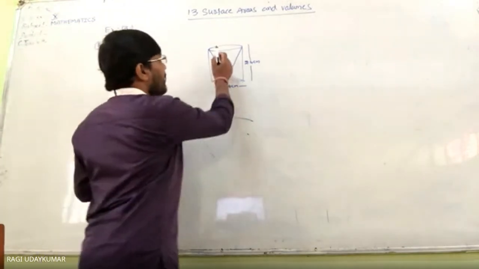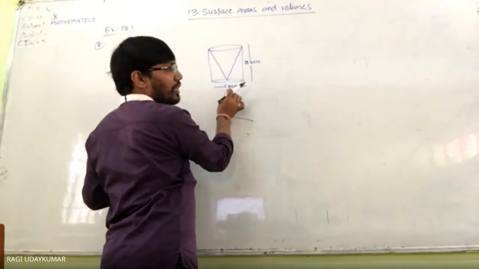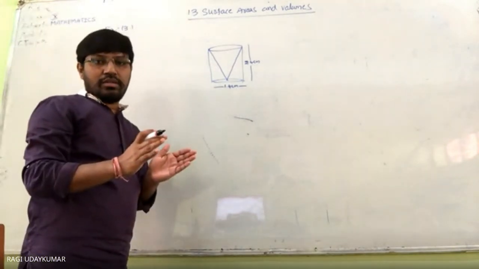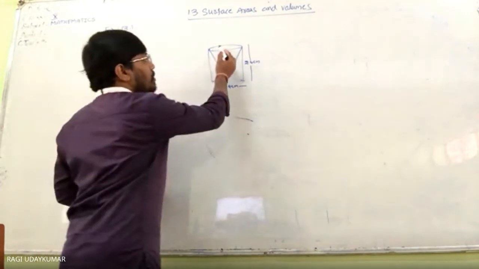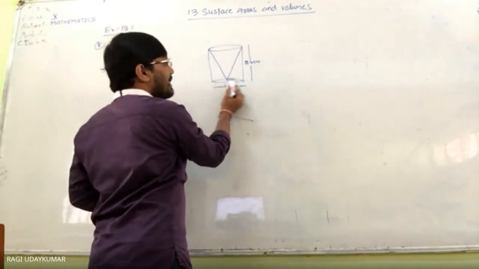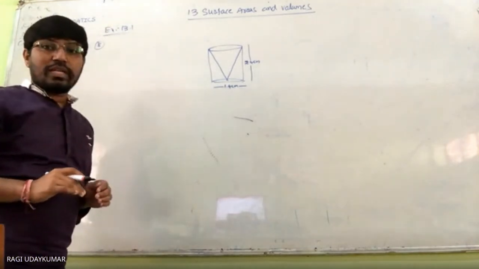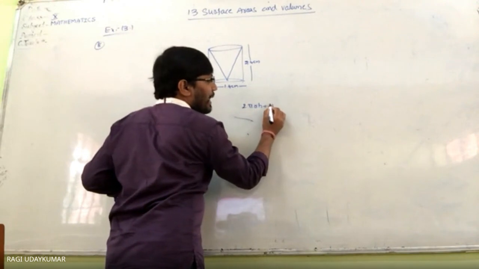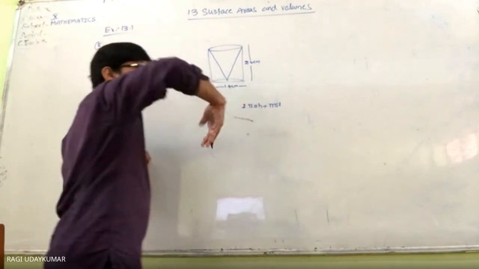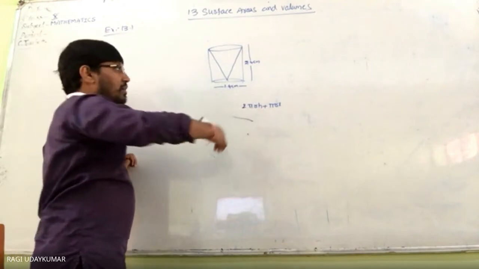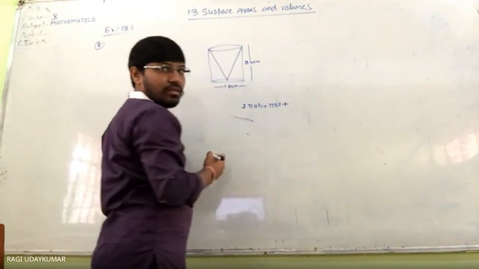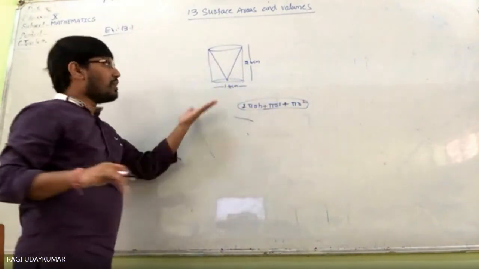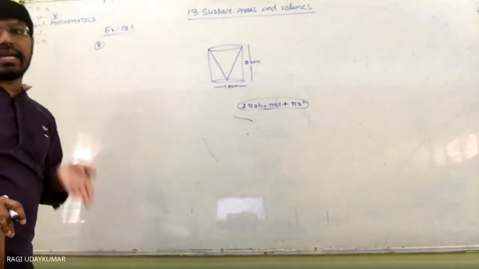Because ये देखो ये ऊपर कट कर लिया है, इसमें अंदर ये hollow is nothing but it is completely cut out. So ये place खाली हो गया, but नीचे place हो गया as it is. So that means the formula will become 2 pi r h plus pi r l. Why pi r l: inside area we are taking into consideration, and plus base area is pi r square. How the data is with you, just substitute and find.